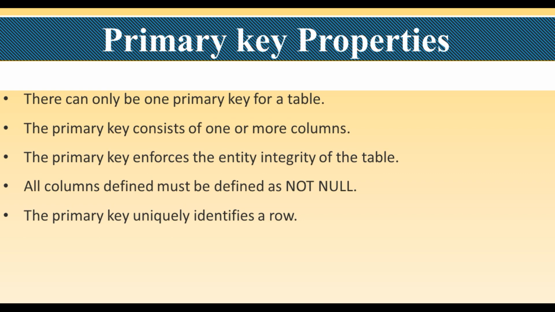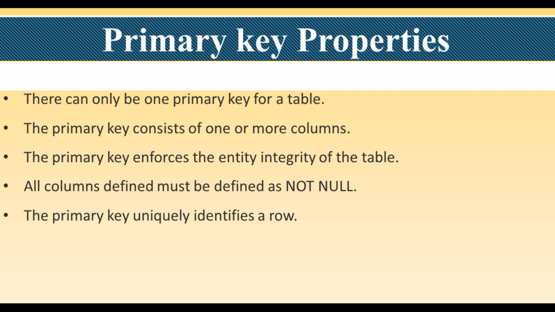So, primary key properties. First property, there can only be one primary key in a table. Yes student. As I gave the example to you, student, the roll number and father name columns. If the father name is duplicate, that will be avoided as a primary key, and roll number will be the primary key. Second point, the primary key consists of one or more columns. So it means to say that if one column fails to find out whether a particular row is unique or not, we can include more columns also.